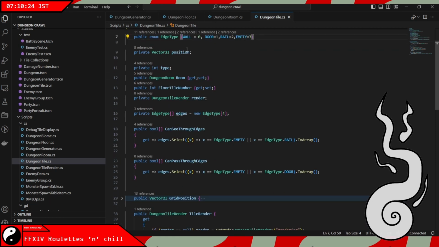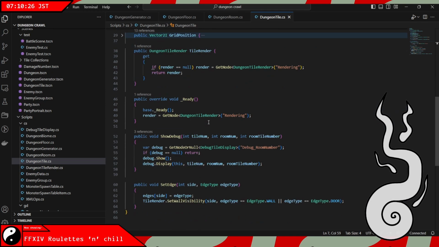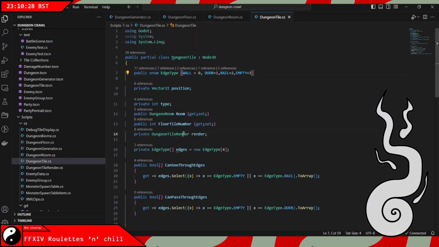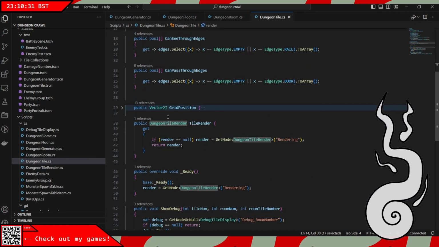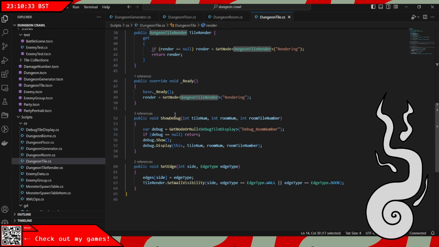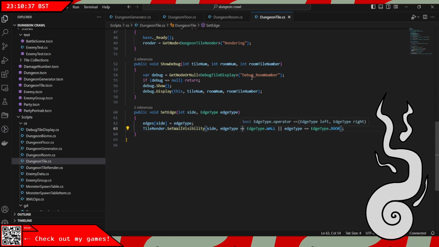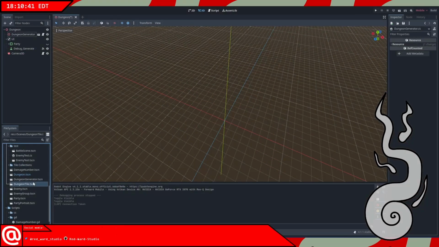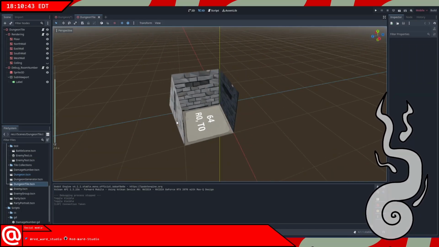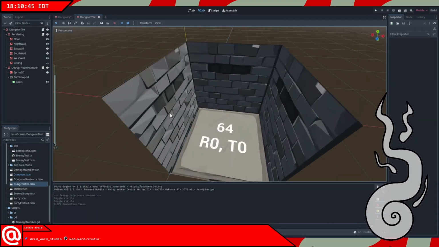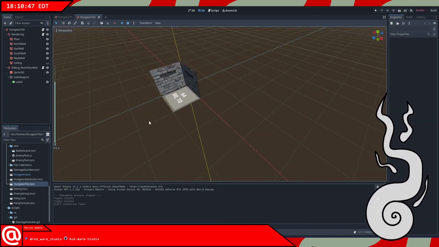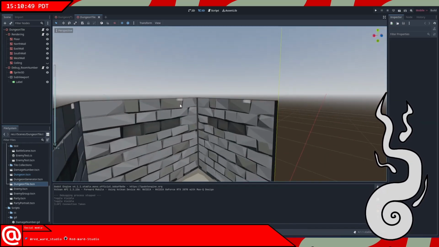Now what I want to do, so we have our edge sets. So yeah, dungeon tile render, this is its own class. If I want to set its edges, here we are. Sets its wall visibility, and basically I'll go into our dungeon tile scene. Here. So as you can see, it's got walls throughout each